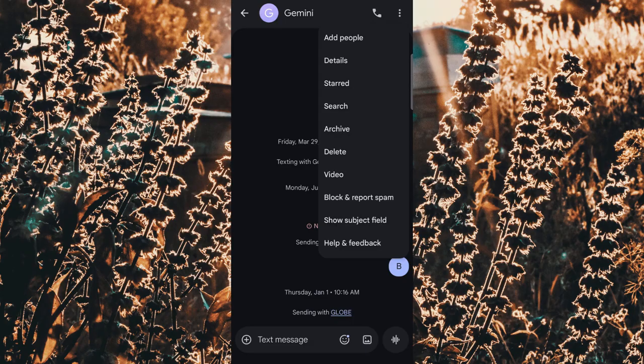A couple of quick notes to keep everything clear. You're not uninstalling the Messages app or turning off any phone features by doing this. You're just hiding a single conversation thread. The three-dot menu lives in the top right corner in most versions of Google Messages, and the wording you're looking for is Hide Gemini. If you don't see it, make sure you're viewing the Gemini conversation itself, not the overall